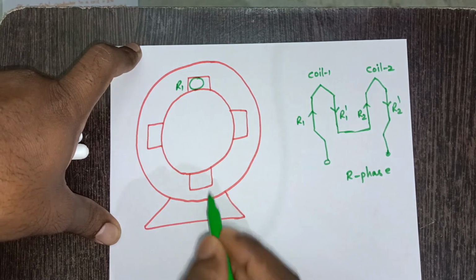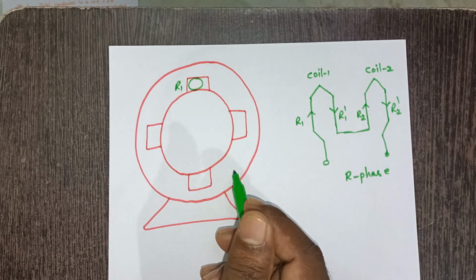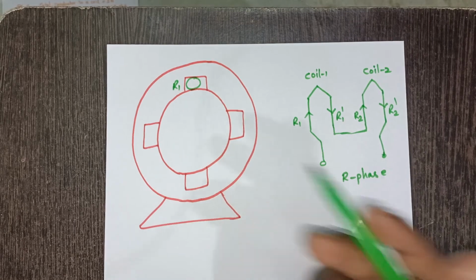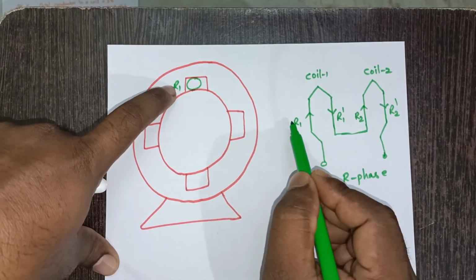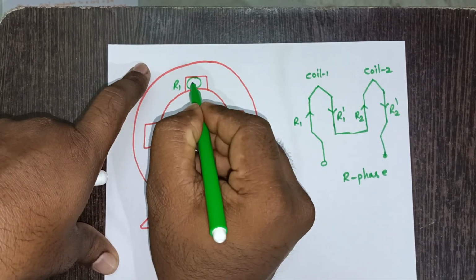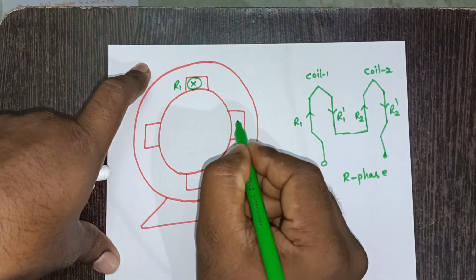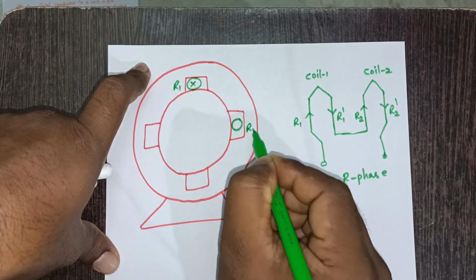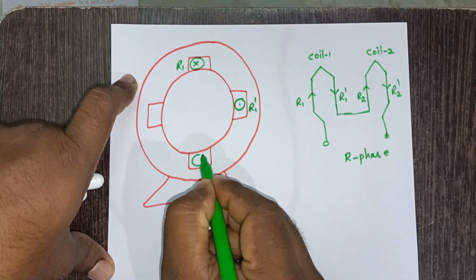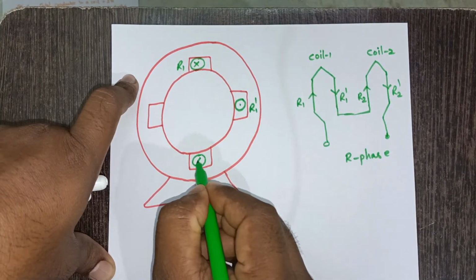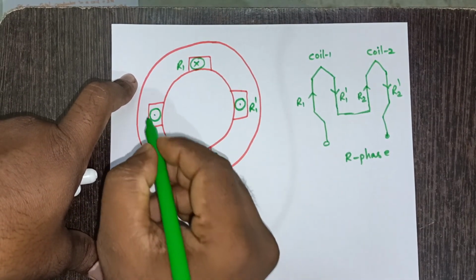R1 coil set and, see, I'm keeping the R1 coil side in this one, and as previously we have taken this current as cross mark now. So cross mark, and let me put the R1 dash coil side here, dot mark, and here R2, again current is going towards the upper one, so let me put it with cross mark, and R2 dash is coming towards down, so dot mark,